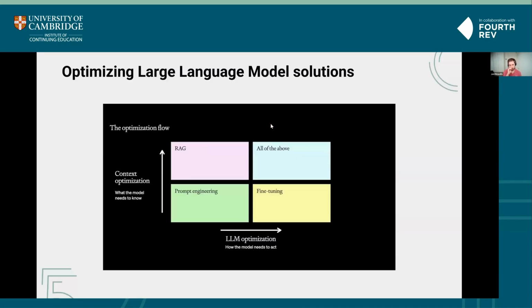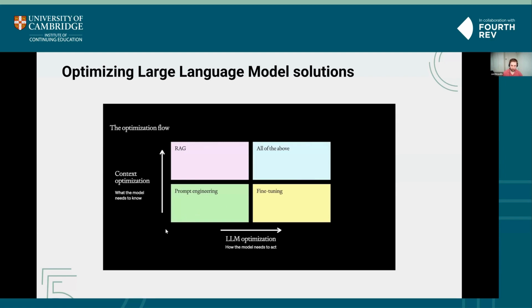So what are some of the ways to address those issues, such as hallucination and others? There's a really good guide that OpenAI put together on a general approach, and I think it's a good way of thinking about optimizing solutions, and about the different techniques you can use and in what order to use them. There's a general flow of what you should do first to get from your base model output to your ideal output. The first of which is prompt engineering.